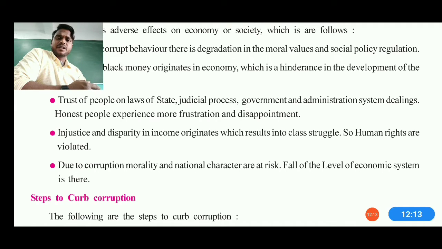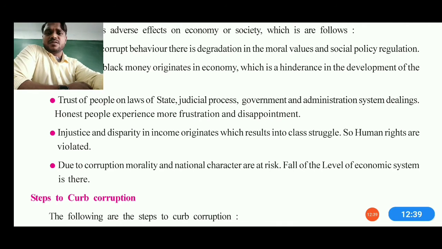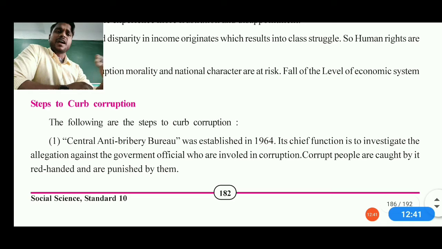For example, right now you can take the Department of Police. Not all police people are corrupt, but somehow due to some people only, this whole department has been given a name of corruption, which is very bad, and we should not do this kind of thing. Actually police forces are there to help us, to guide us, and to give us a proper life by putting their own lives at risk. So we should always respect the police officers. But it is also not right to give a bribe to a police officer.